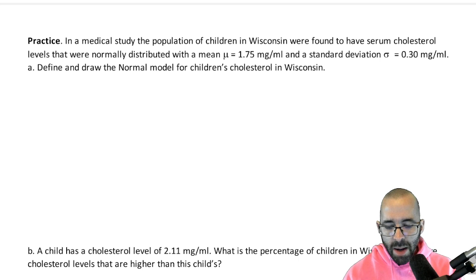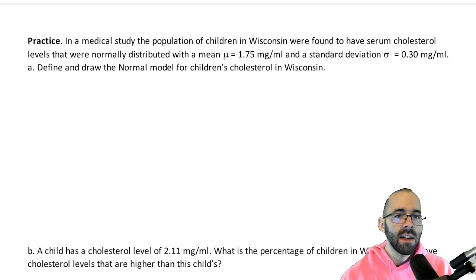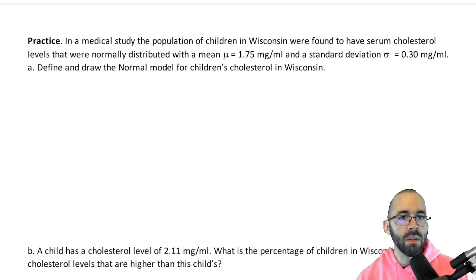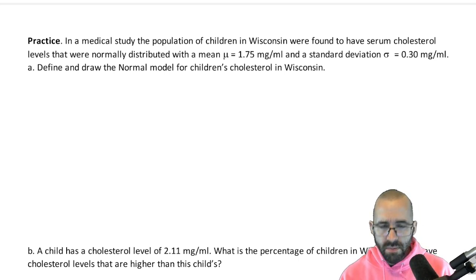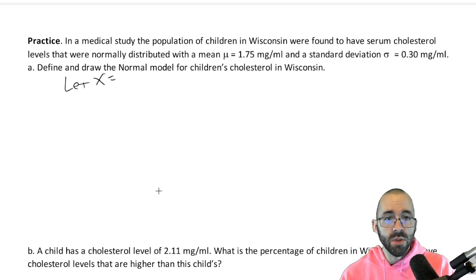In a medical study, the population of children in Wisconsin were found to have serum cholesterol levels that were normally distributed with some mean of 1.75 milligrams per milliliter and a standard deviation of 0.3 milligrams per milliliter. So define and draw the normal model. Well, we need to define our variables first. Let X be the cholesterol levels